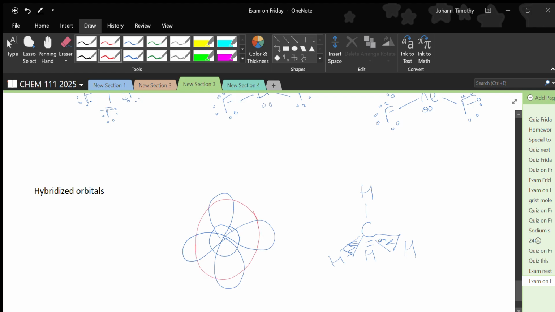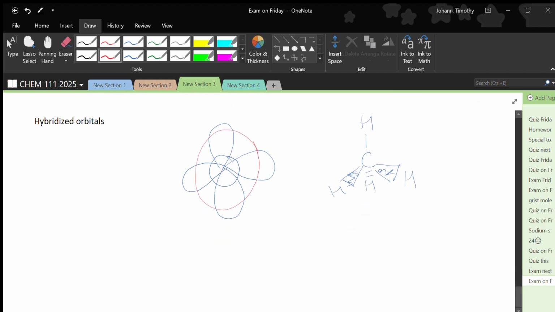Okay, got my s orbital. If I take that s orbital and I mix it mathematically with some p orbitals, then I can get hybridized orbitals that give me that shape. So if I take an s orbital plus a p orbital plus a p orbital plus a p orbital, there's 4 orbitals going in, so I can get 4 sp3 orbitals,